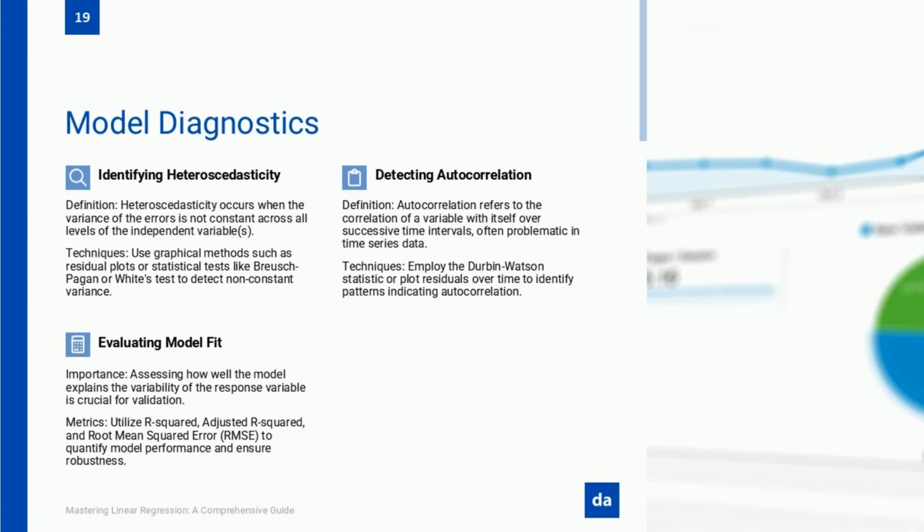Another key check is autocorrelation. This is especially important in time series data, where today's stock price, for example, is heavily influenced by yesterday's price. In standard linear regression, we assume that each observation is independent. But if errors are correlated, meaning that past mistakes influence future predictions, our model might not be valid. We detect this by plotting the residuals over time. If we see clear cycles or trends instead of a random spread, we may need a time series model instead